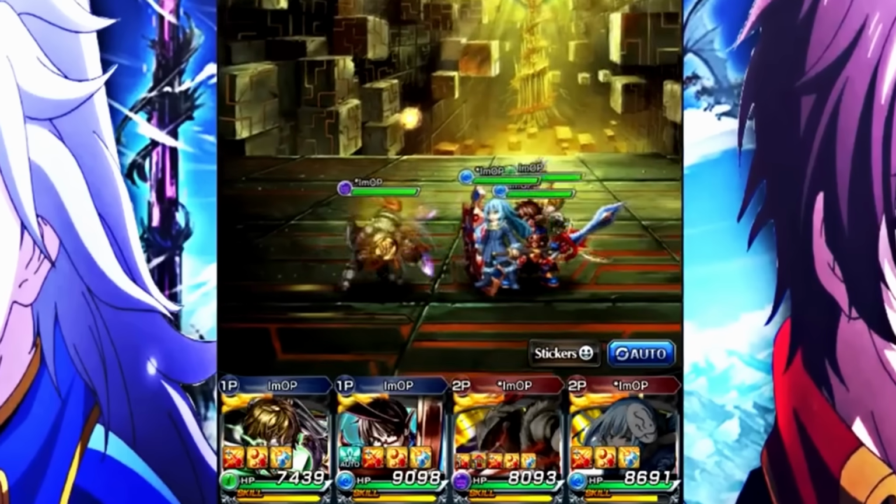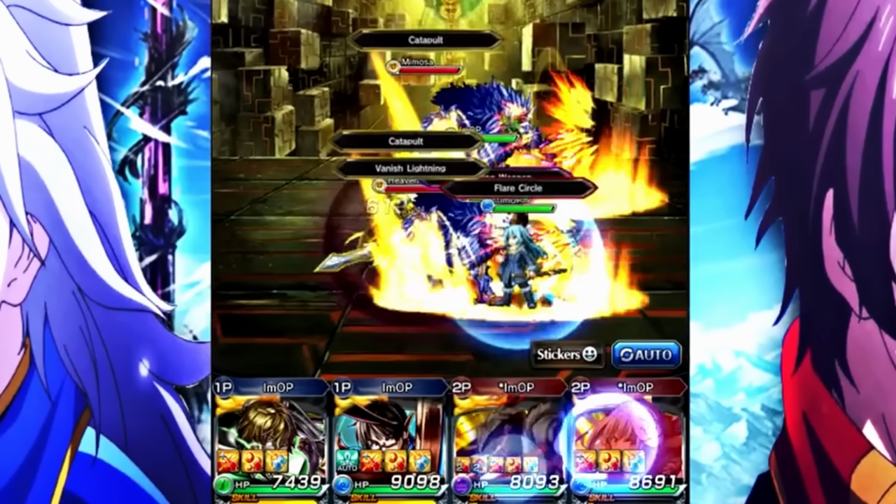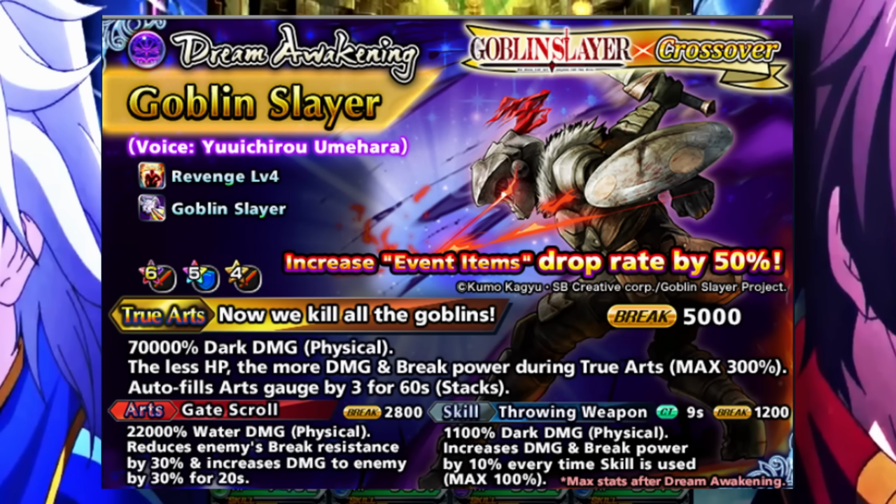Starting with Goblin Slayer. Goblin Slayer is pretty much a ramping attacker to an extent, while also being able to benefit at lower HPs. He's able to buff up his damage and break power every time he uses a skill. His art's able to reduce break res and also increase the damage you're able to deal to the enemy. The true art buffs up his own damage and his own break power based on how low his HP is, and it also gives you a stackable art gauge buff. 3 arts per second, by the way, for 60 seconds, so you can get quite a lot of arts gen